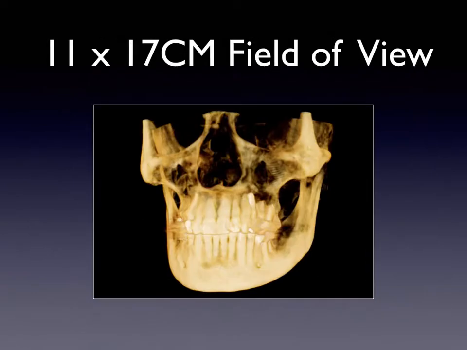We use the 11 by 17 for orthodontics, the medium field of view. We can see the anatomy from the brain case and condyle down to the chin, and we use this view for larger individuals for orthodontic planning. We also take a 2D cephalogram in order to look at the measurements in relationship to the research that's been